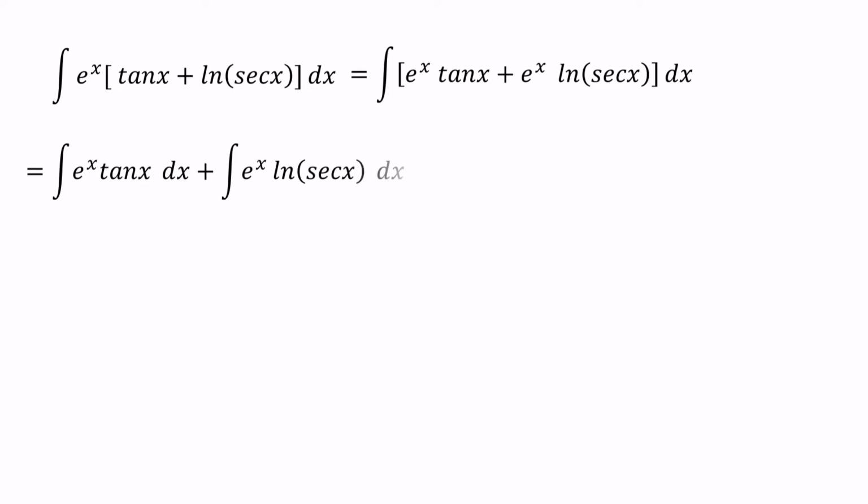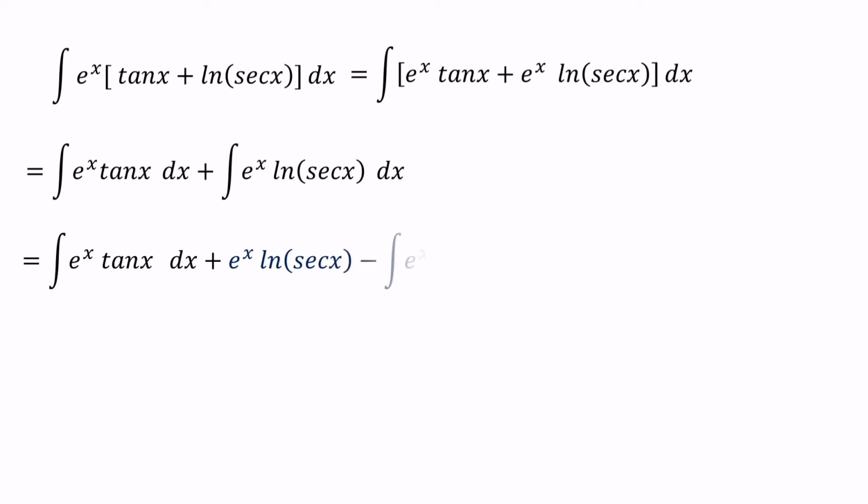Now, to simplify the e to the power of x ln sec x part, we can use the integration by parts method. We know the integration of e to the power of x, but we don't know the integration of ln sec x. So we can give priority to e to the power of x. So we can write e to the power of x ln sec x minus integral e to the power of